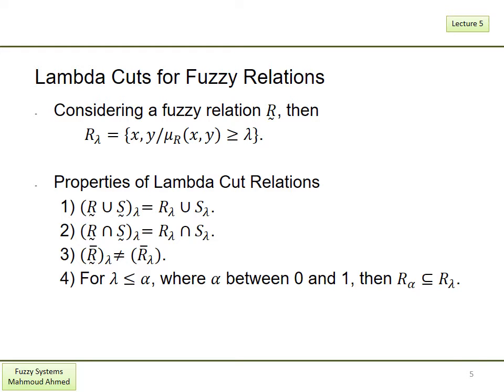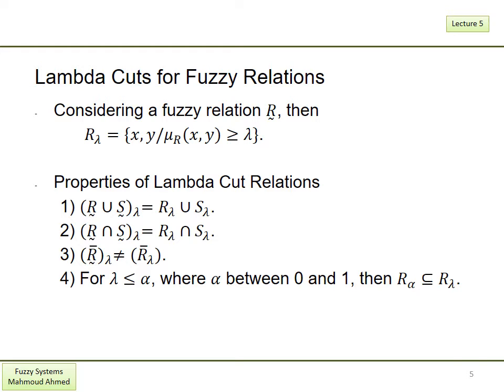The same properties can be applied for fuzzy relations, such that we have here R of lambda is equal to the pairs X, Y such that the membership function mu R of the two elements X and Y is greater than or equal to lambda. The same properties, as mentioned before, can also be applied in the case of lambda cut relations, where